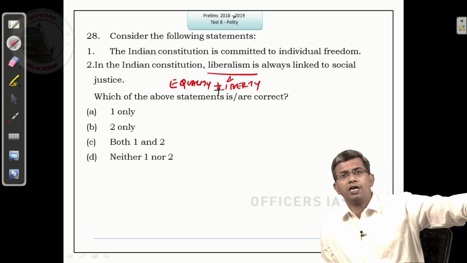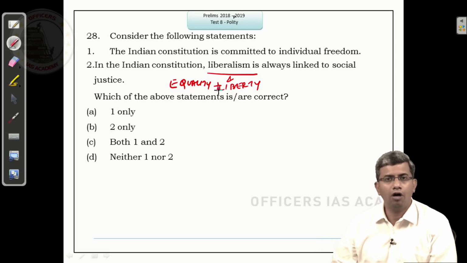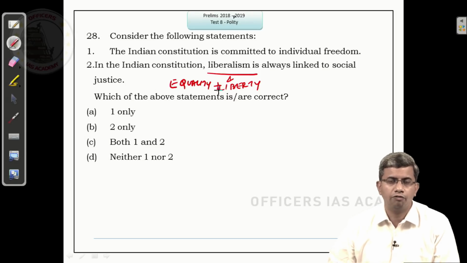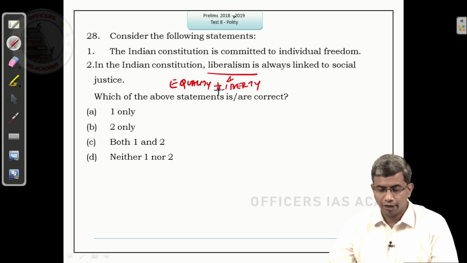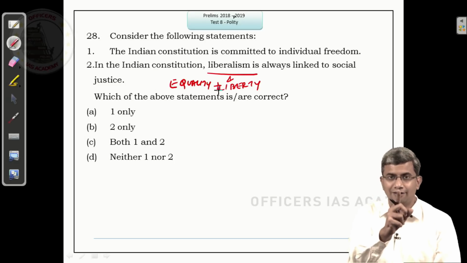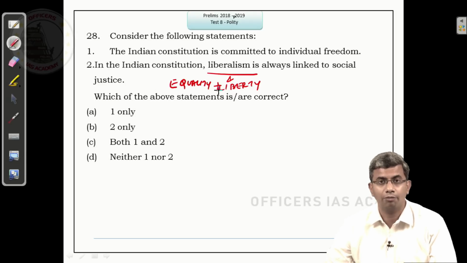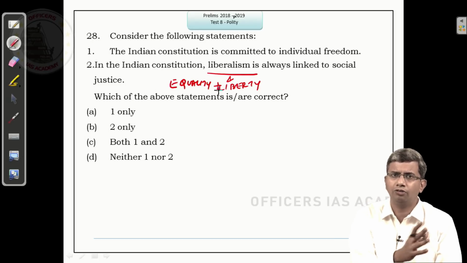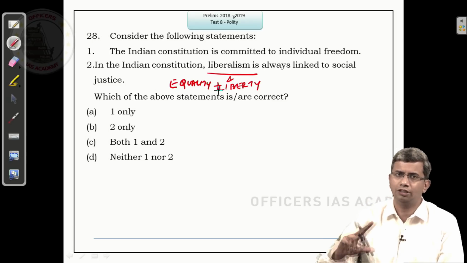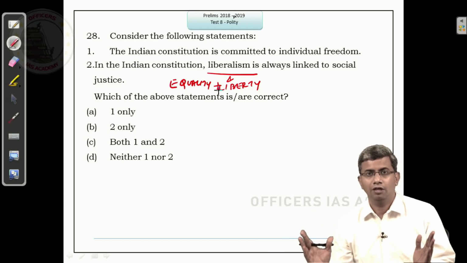No discrimination in public employment, but there will be special provisions for backward classes, and now with the 103rd Amendment, even for economically weaker sections, though the constitutional validity of that has to be upheld by the Supreme Court. For backward classes, it is definitely already there, right? So, both the statements are correct. I will really give credit to the candidates who got both statements correct, because it is easy to get carried away, oh liberalism, oh liberty. Liberty has got nothing to do with social justice, it is only restrictions. Social justice is linked to equality, so the second statement is wrong.